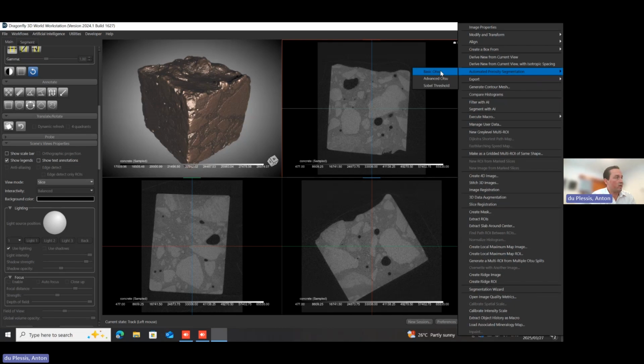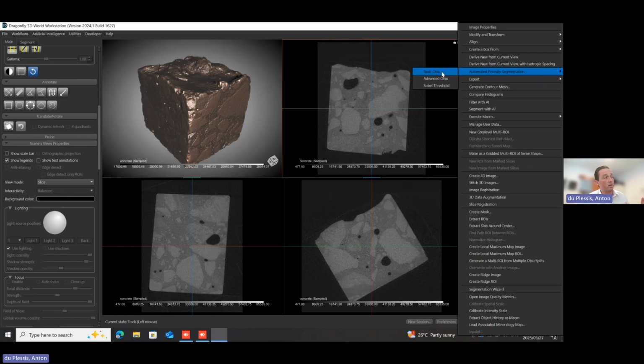At this point, maybe I can just explain what the other options are here. The basic OTSU uses the automatic threshold between the two main peaks in the data. This basic OTSU uses all the gray values of the background, the air, and the material. But as you can imagine, depending on how you cropped the sample within the air, the size of the air peak might differ.